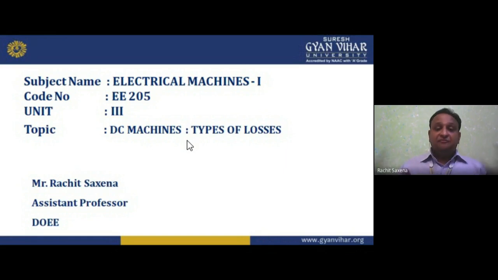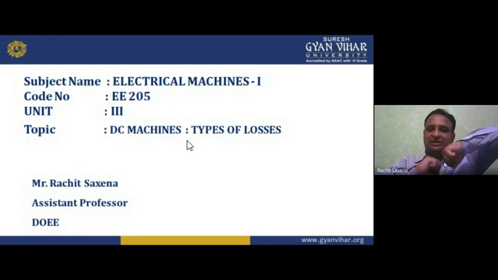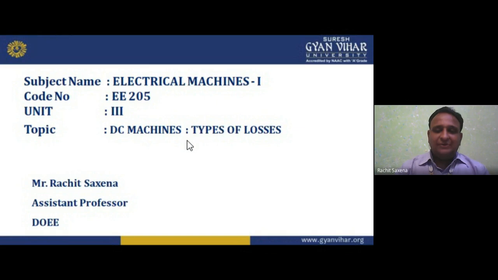But if a current carrying conductor is placed in a magnetic field, it experiences a force, and that force will apply a torque. So it will start rotating like this. This is your stator, and this is your rotor, like this. So this happens due to the magnetic field. If we have magnetic field and circuits, then we can have magnetic force and torque.